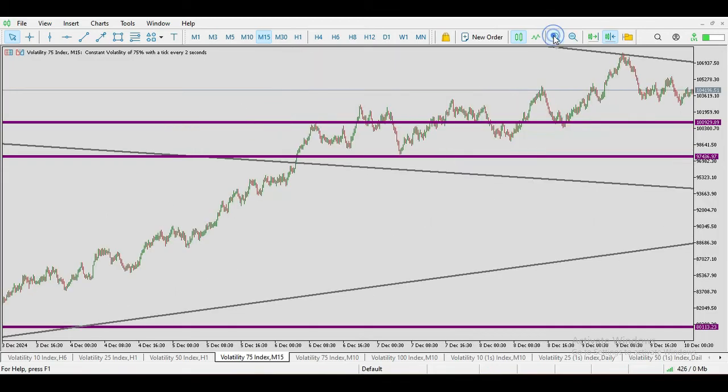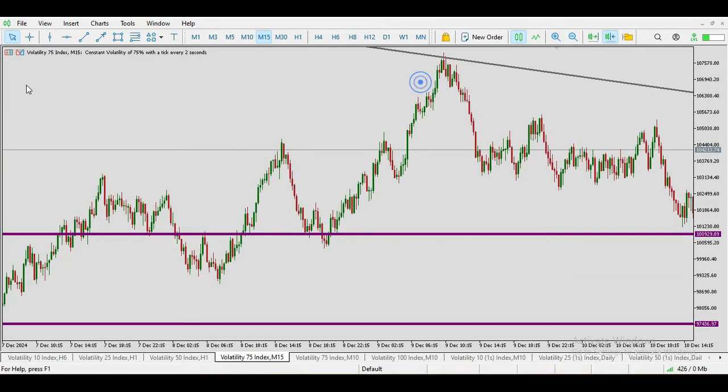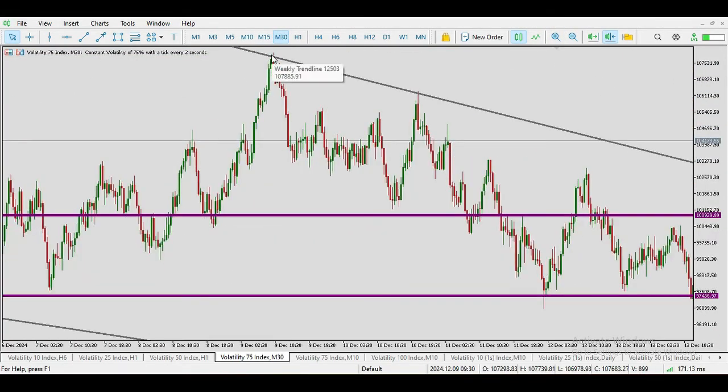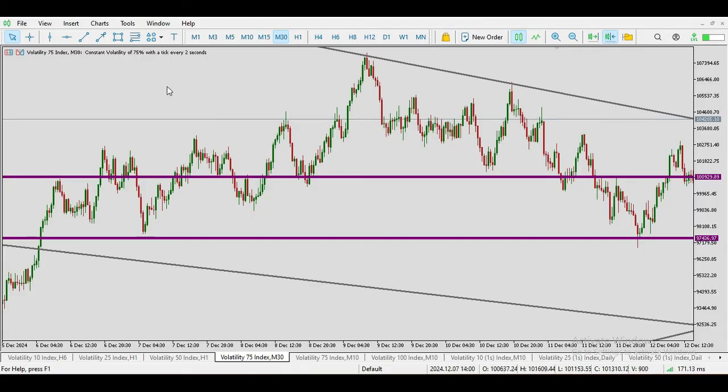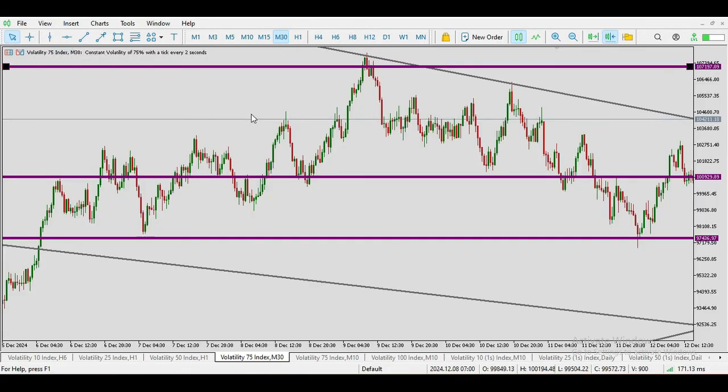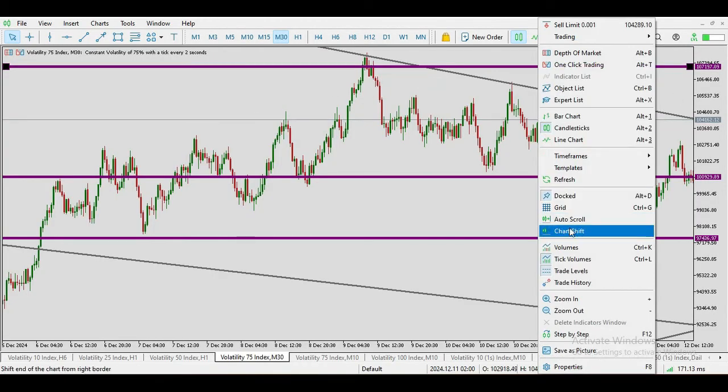So all we need to do is just to find an entry from the 15 minutes time frame and on the 30 minutes time frame. We just need to find an entry. For me, I will go ahead and take a sell from here after the first bearish candle. After the first bearish candle has been printed, the second bearish candle, I will take a sell, making sure that